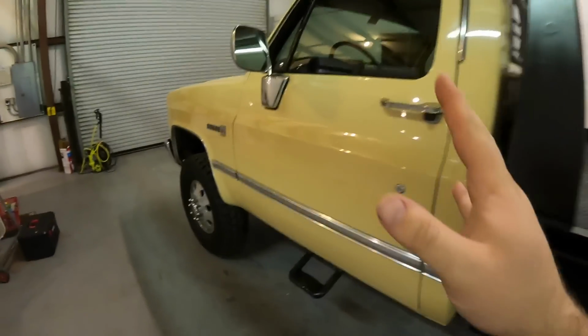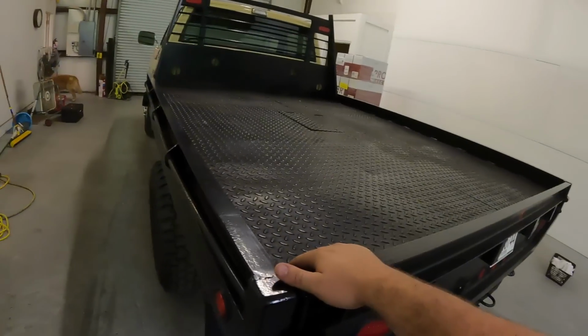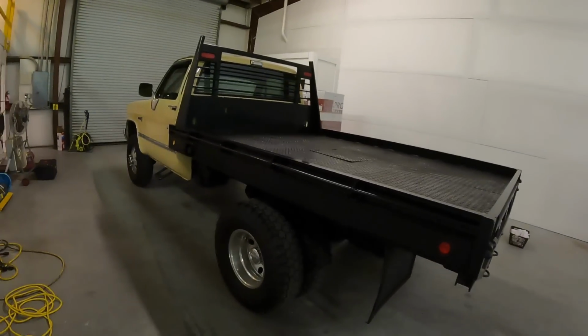Alrighty guys, it is actually the next day here at the shop. I got a haircut. But yeah, that is gonna do it for this video. If you guys are excited about the shop and all the other builds that are about to fully get underway, and I mean that, a lot of you guys have been waiting around. So obviously this truck, I'll do a few little things to this thing probably. I'm not gonna really mess with it too much. It's just gonna be a cool thing to have on the channel, go cruise around in, and